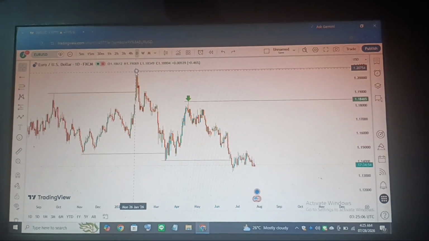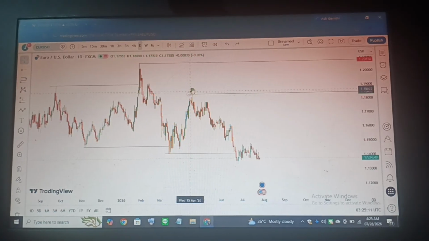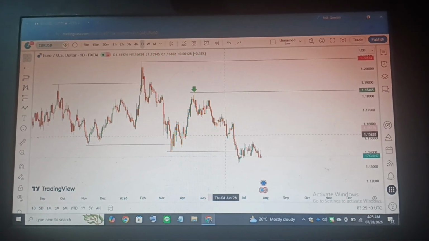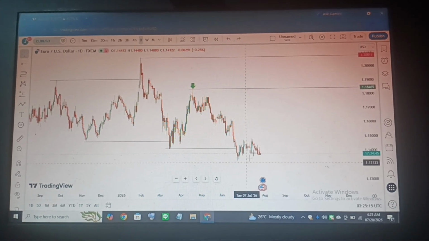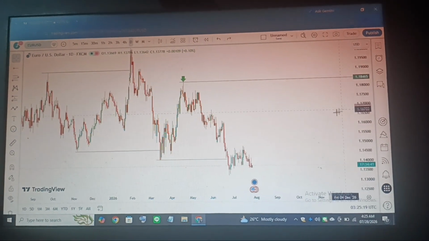So from here, what we can see, we have a push here. This is more like a daily aggressive push to the downside. We have this pullback again before we have this impulsive drop to the downside. Now based on our own approach to the trade, from the weekly time frame, we want to